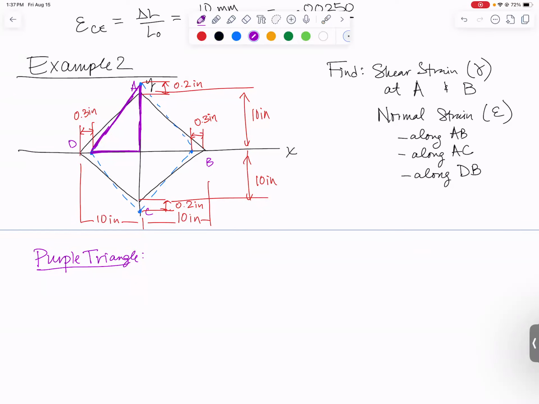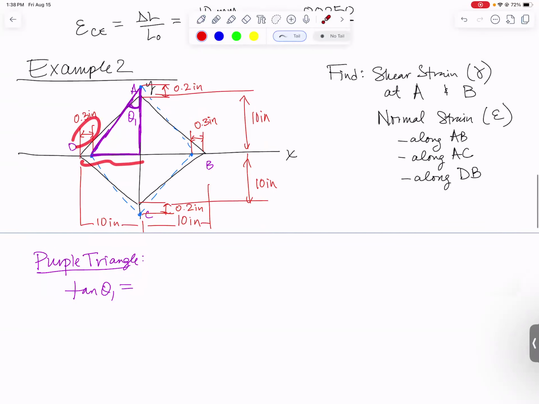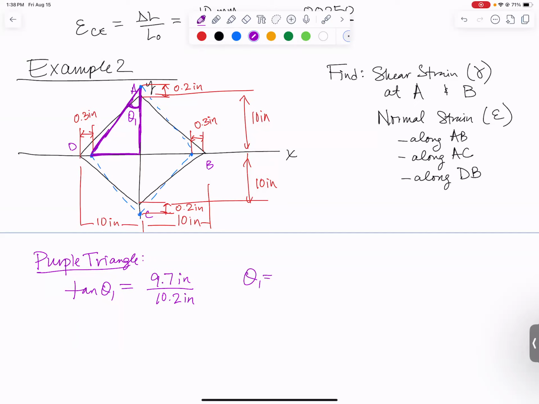I should be able to use that to figure out, say, this angle and maybe that angle. I called this one up here theta 1. To find theta 1, I'm just going to use the fact that the tangent of theta 1 is the opposite side. Well, that was the 10 inches minus 0.3. So the opposite side should be 9.7 inches divided by the adjacent side, 10.2 inches. And we can solve for theta 1. I did this, and I'm just going to write it down in degrees so that you can see that it makes sense because my brain thinks in degrees, not radians. Theta 1 came out to be